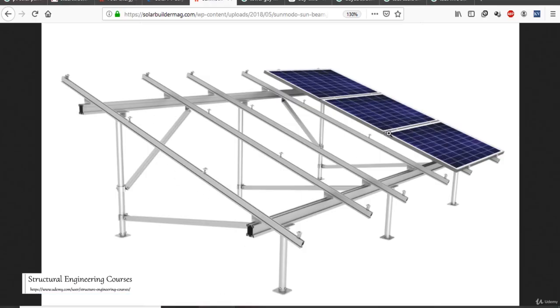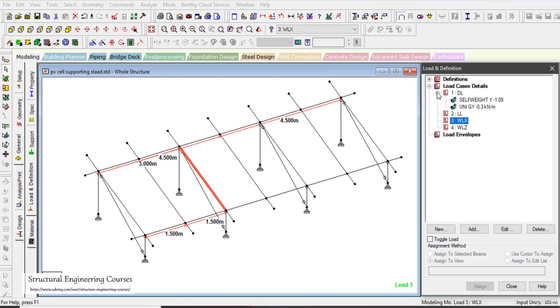So considering this as an example, basically on all these members also the solar panels will be mounted. So when the wind will flow along this particular direction, the number one resistance that wind shall face shall be the surface area of all these solar panels, and the second thing is the surface area of all these structural members here. So let us suppose the vendor says to us that he wants us to